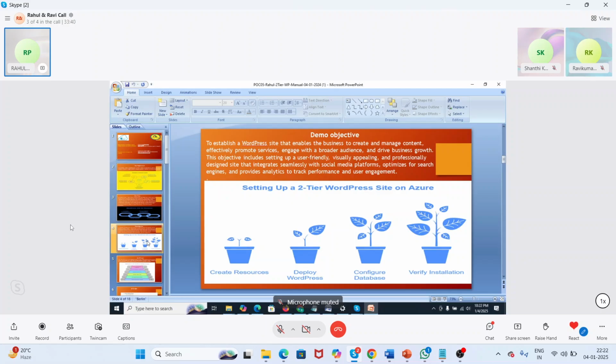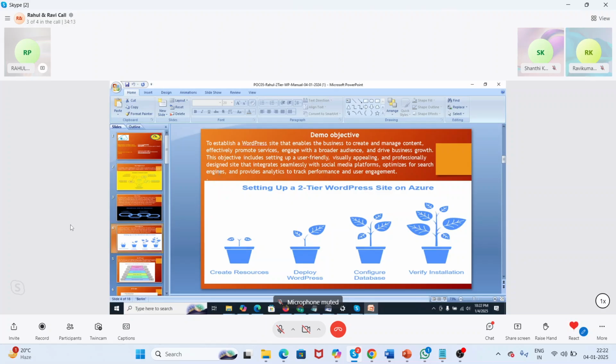This comprehensive objective ensures that the site meets all the necessary requirements for a successful online presence. To achieve this, we will focus on the following key areas. The site should have a more user-friendly interface, visual appeal, professional images and a professional image of the business, and social media integration. So this is the sole idea of the demo's objectives for building this website.